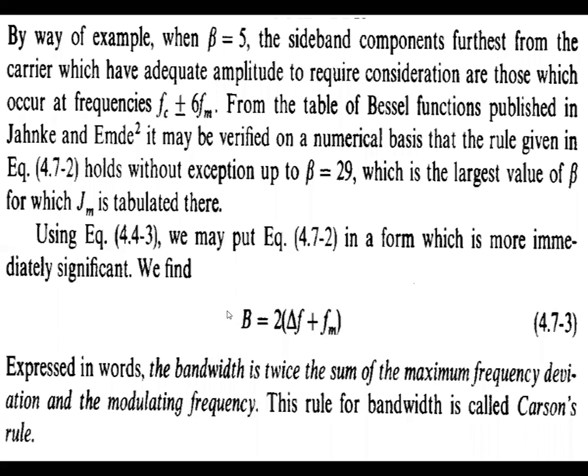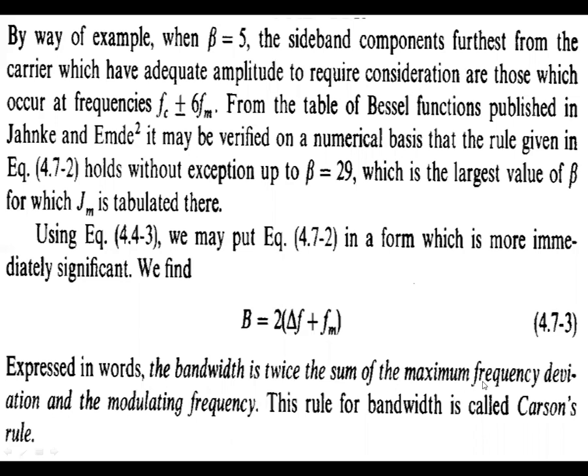This is another bandwidth formula: 2 into beta plus 1, that is the actual FM bandwidth. In depth, if you put the delta f formula, beta is equal to delta f by fm, then the bandwidth relation with frequency deviation is 2 into delta f plus fm. Expressed in words, the bandwidth is twice the sum